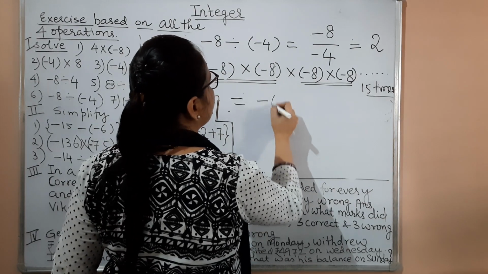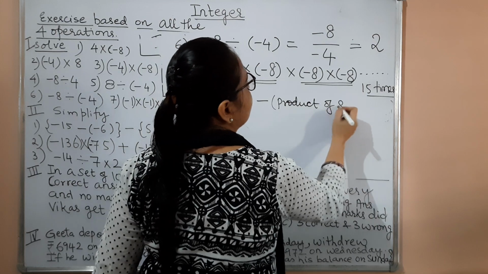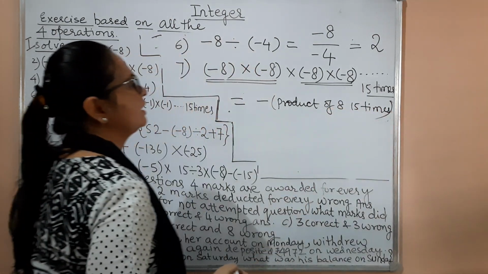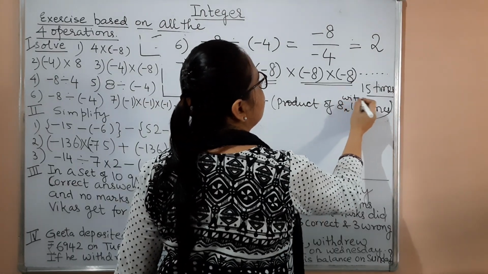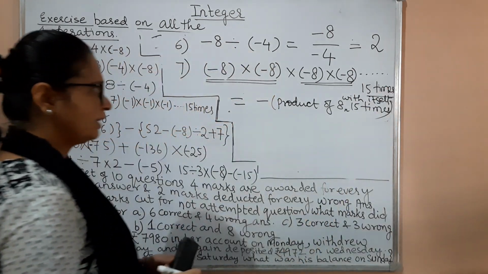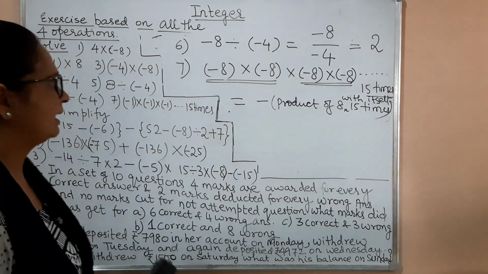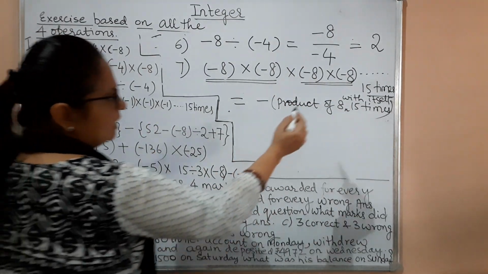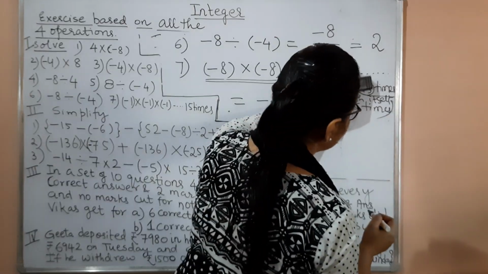Negative product of 8, 15 times. Alright? Product of 8 with itself. Right? So we are going to get minus of whatever product we get by multiplying 8 with itself. So we have to just understand which sign will come. If it is 15 times, the sign will be negative. If it is 16 times,